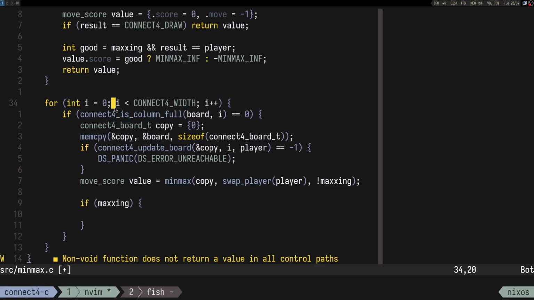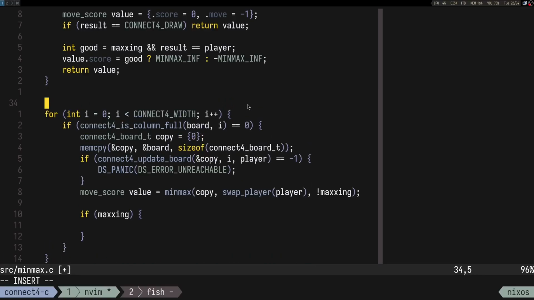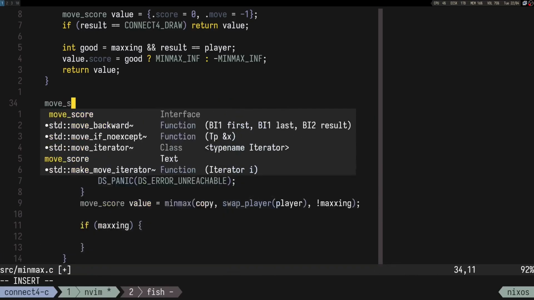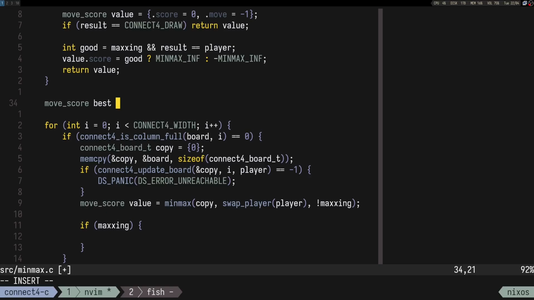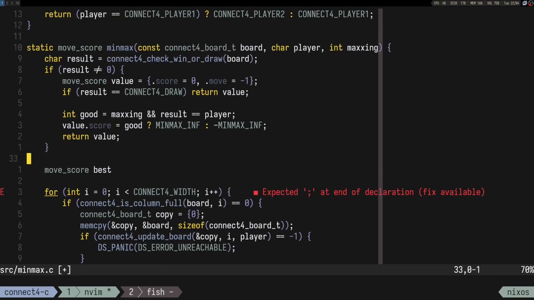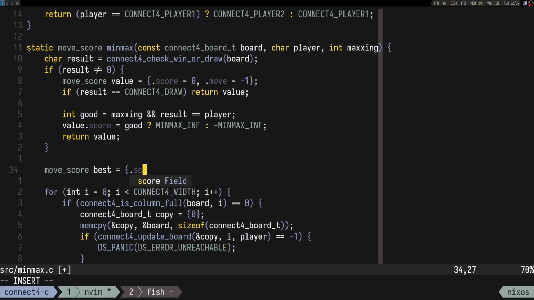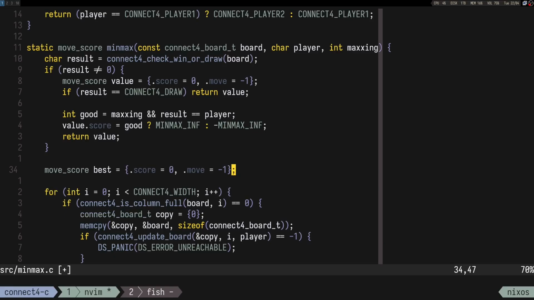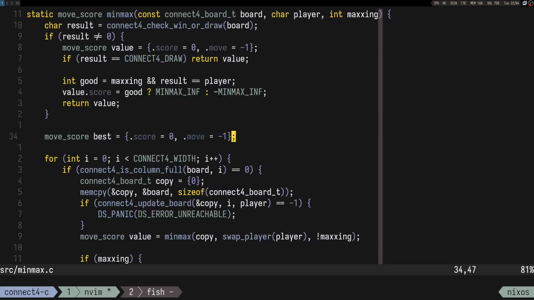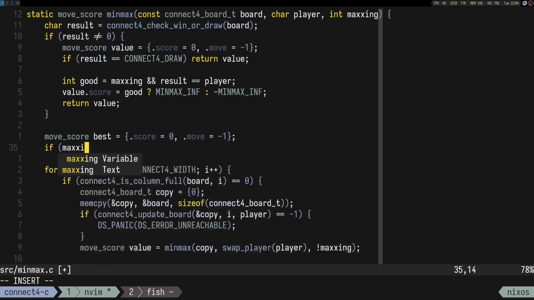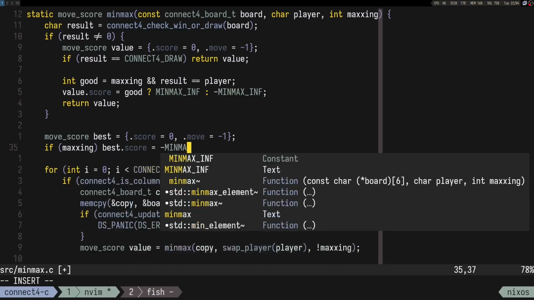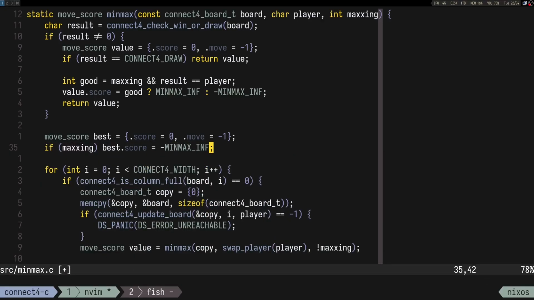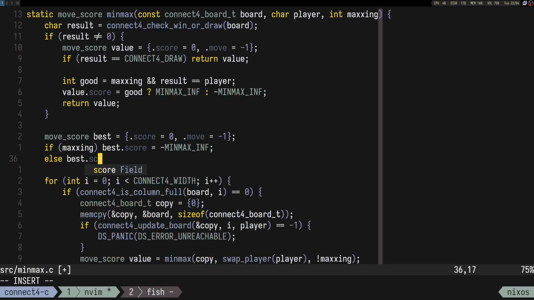So before we start the for loop, let's do something like move score best, and this one is going to be score equal to 0, move equal to -1. All right, and if maxing, we are going to say best score is -infinity, else best score is going to be minmax in,